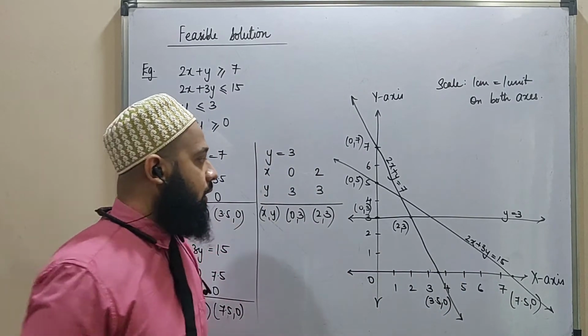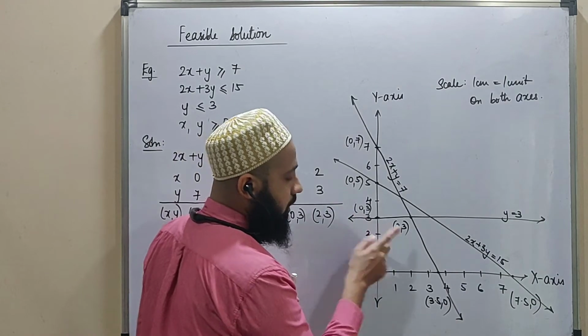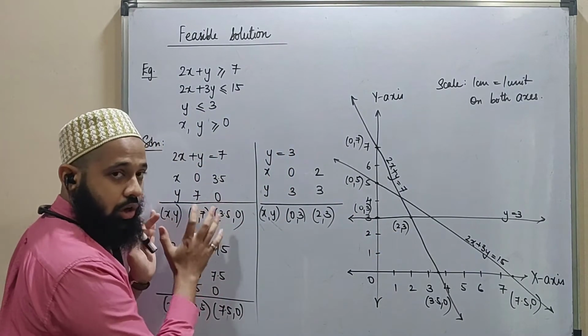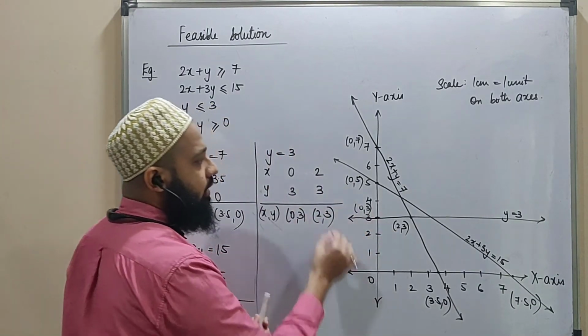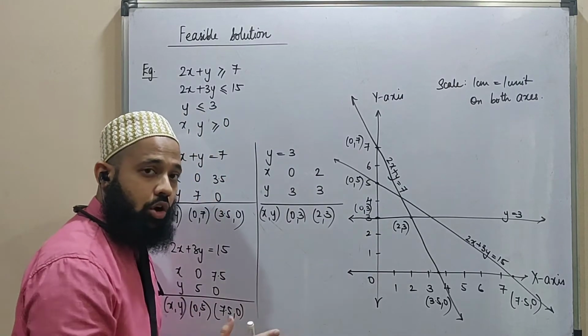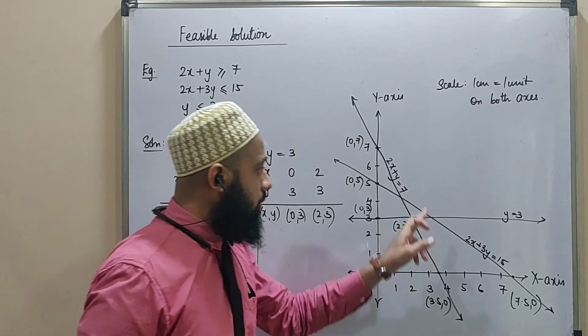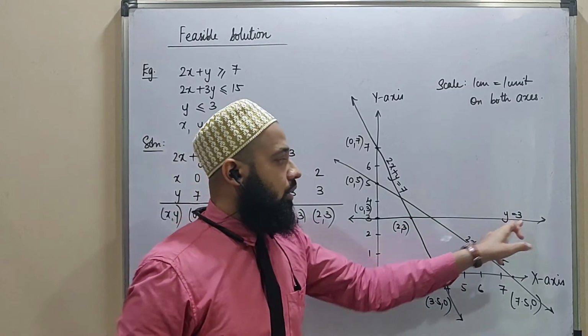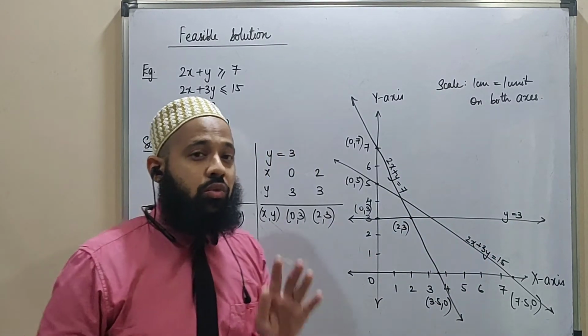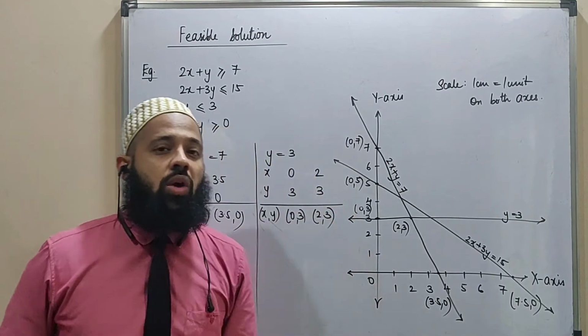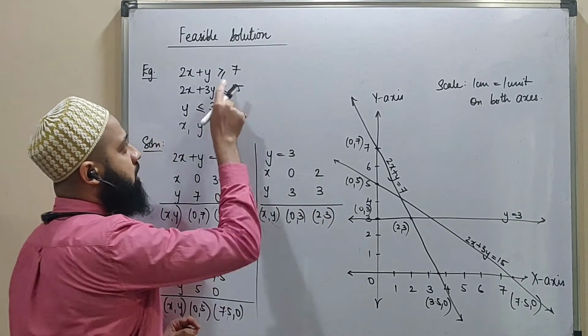Alright, fourth, you have to mark the points, the coordinates that you have found here. Alright, so you mark the coordinates and then you draw the line. Writing the coordinate is compulsory. And fifth, right, is to mention the name of the line on each line. This will make it easy for you to identify the region based upon the signs.